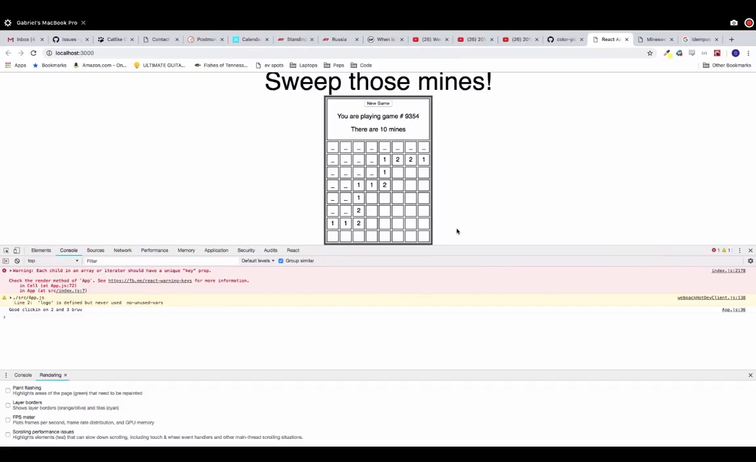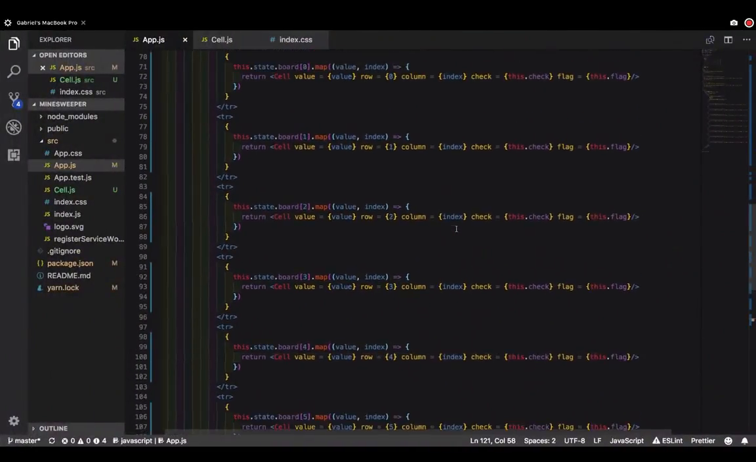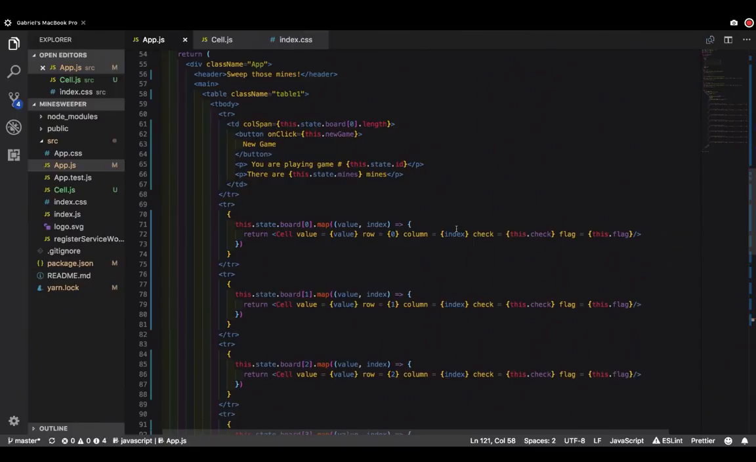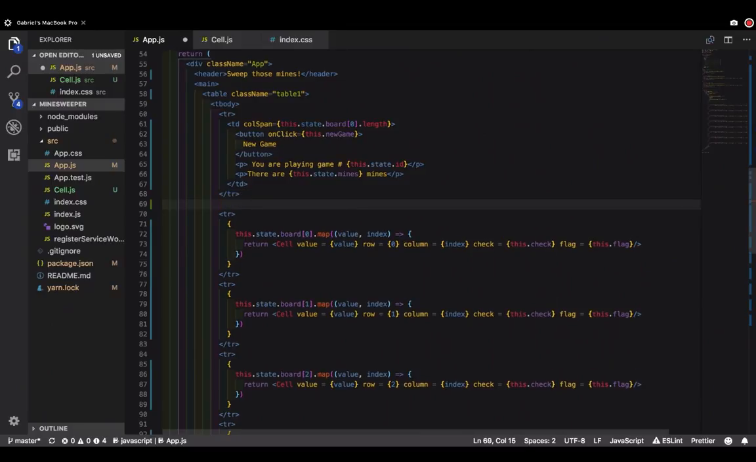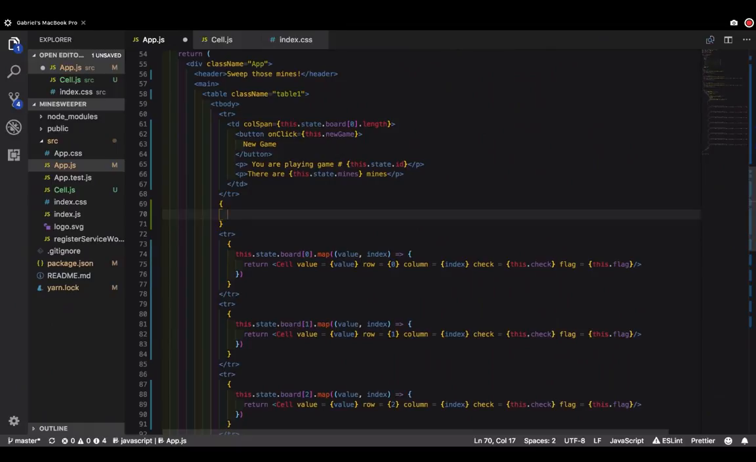Let's go back and get rid of that. Go back to the very top of this. So, for your very first TR on line 68, the blank line, open and close curly braces, a new line in between. Now what's the repeated thing and what's different? What's different between this TR and this TR? Now it's this board 0, board 1, board 2, board 3, board 4. So now we're going to map over this.state.board. So this.state.board.map,